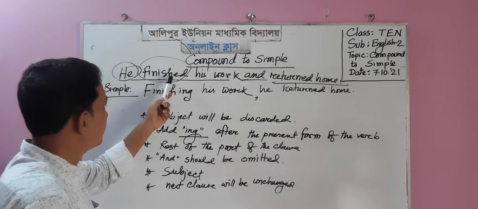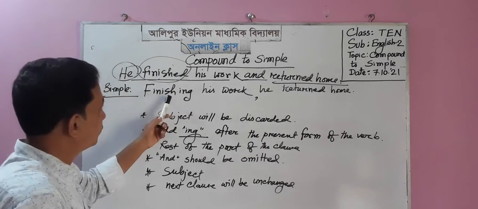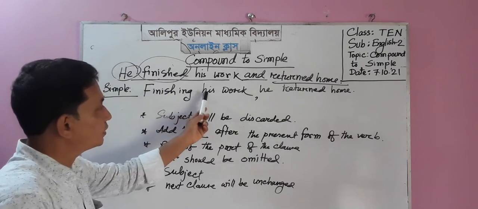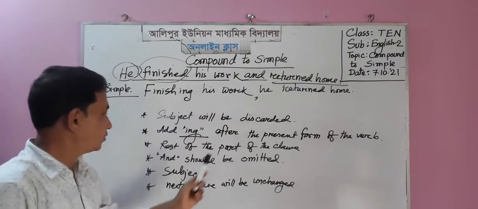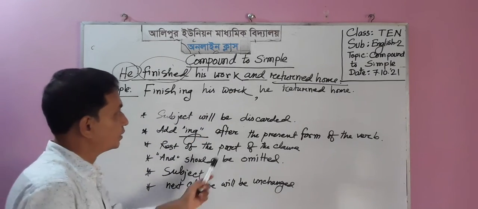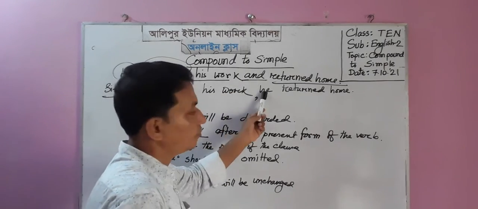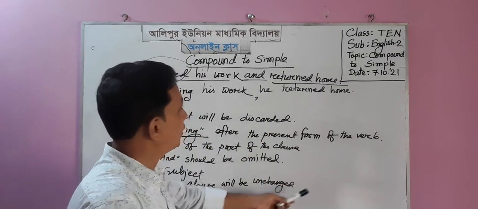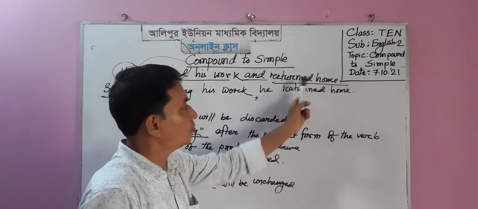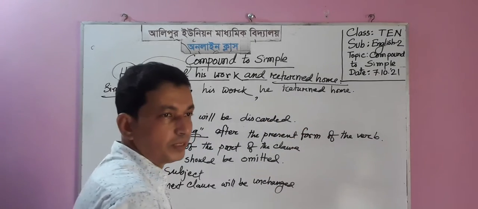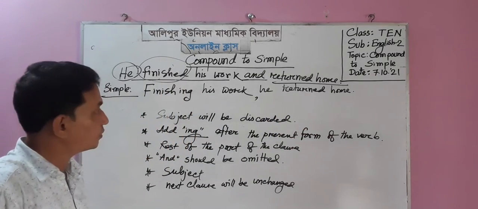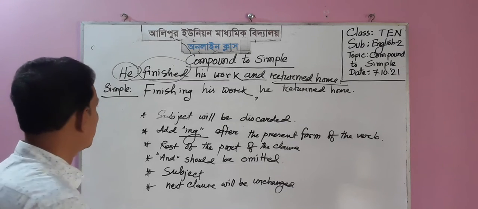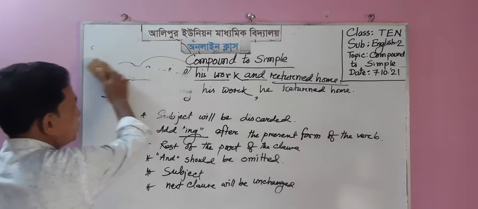The present form of the verb is finish, and so we have to add ing: finishing his work. And should be omitted, and then the subject he will be written here, and the next clause will be unchanged. The next clause, returned home, will be written again. Dear students, this is the first rule of compound to simple, and our next rule is